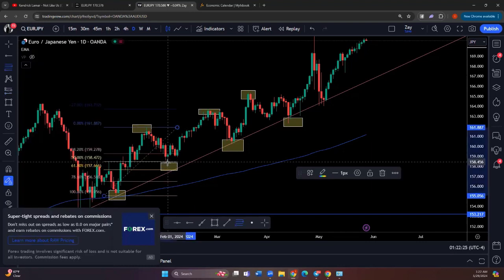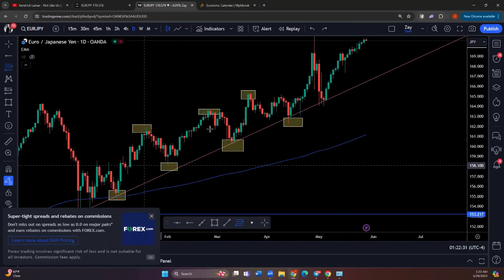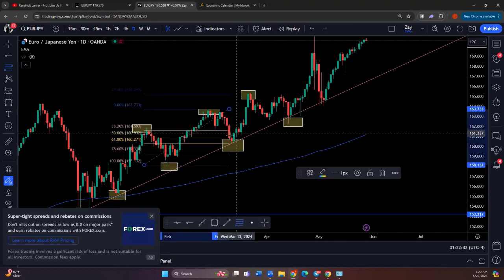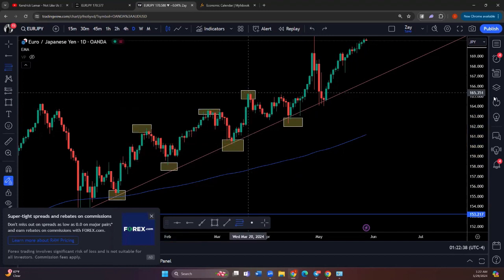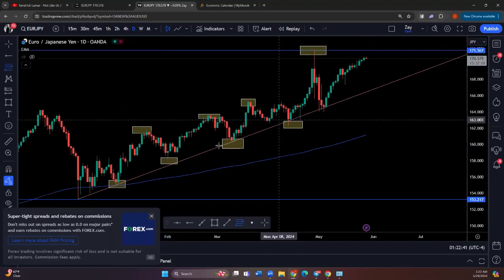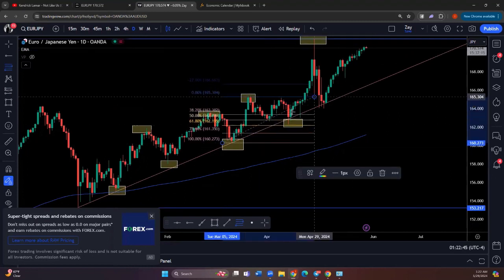So 50%, 618, same thing, right at the box. From this low to this high. Boom. 50%, 61.8 at the box. TP smash. From this low to this high, right? Hold on, did I skip one? I think I did. Let's see. I might have skipped it from right here to right here. Check it out, y'all. 50%, 61.8. TP smash. Boom, boom. Same thing.